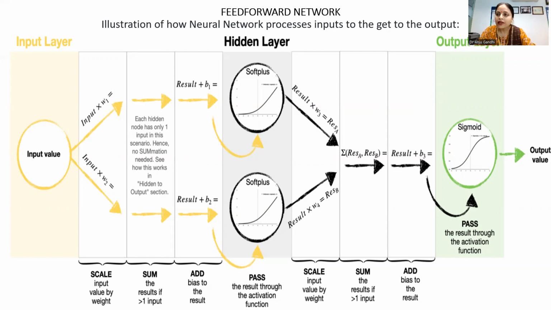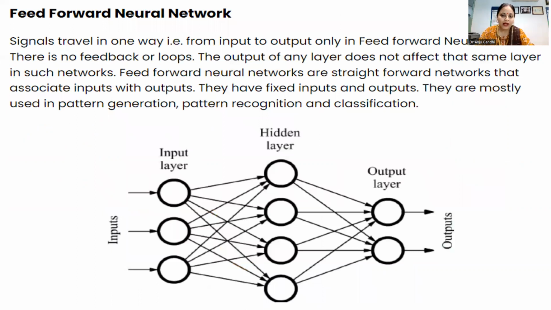right? Now moving further, what do we have in a feed-forward neural network? What does the definition say? The definition says that it is a signal travelling in one way, right? From the input to output,